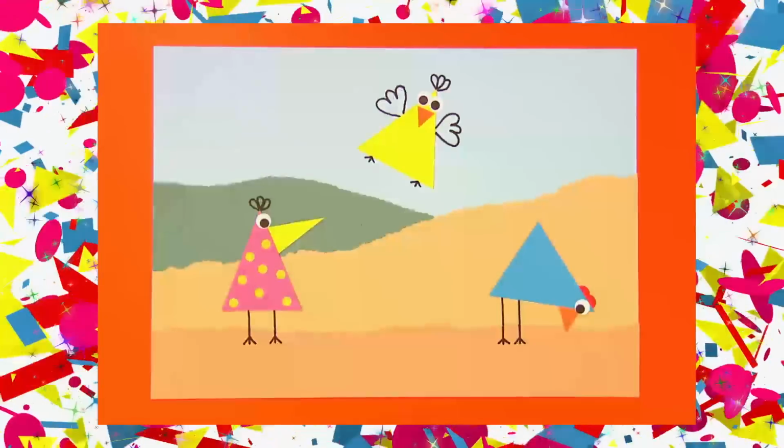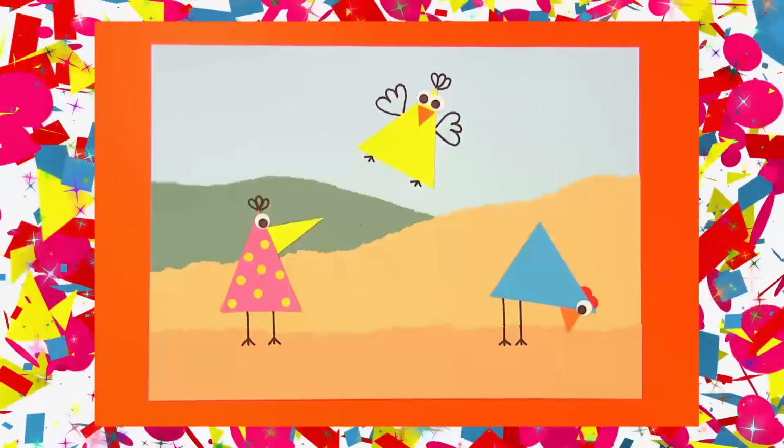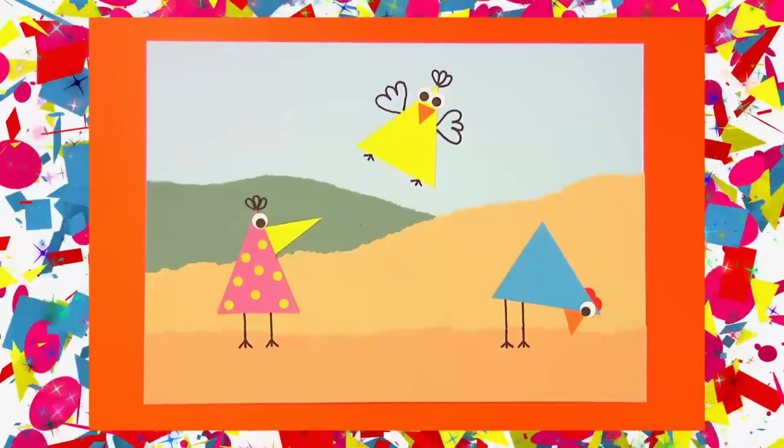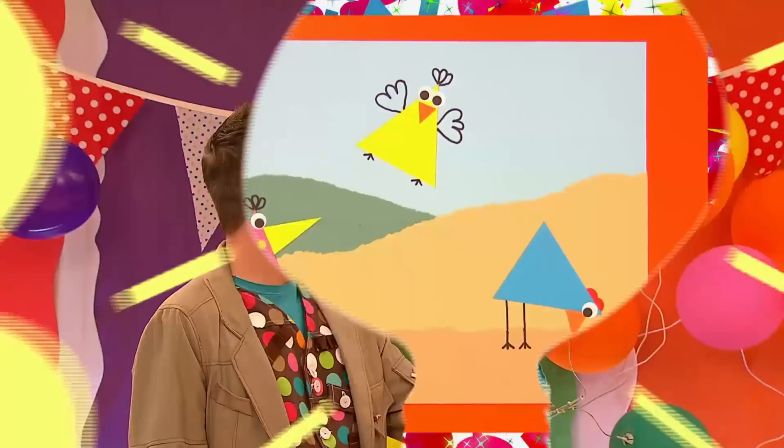Let's get arty at our party and make a picture full of clucks and tweets in a funny farmyard with triangle-shaped birds. But first, we'll need some things from...